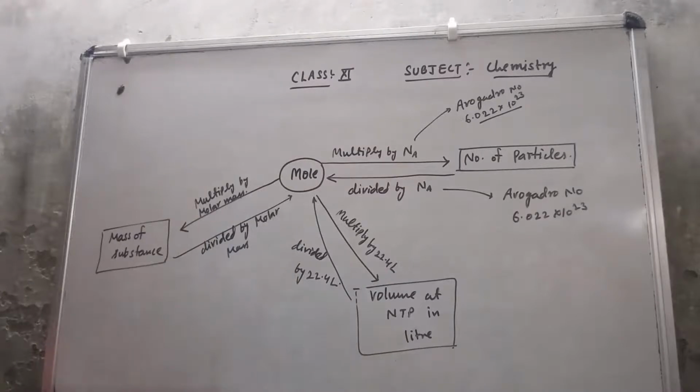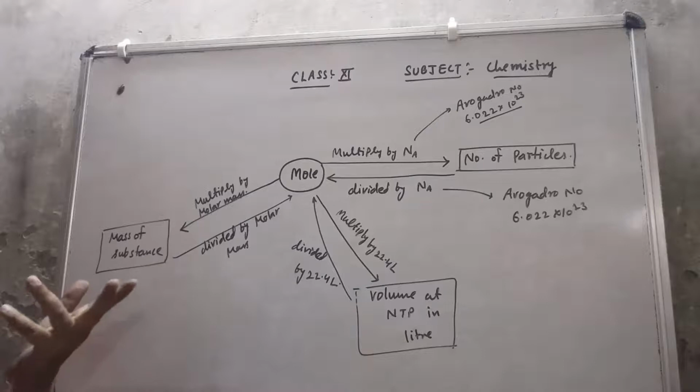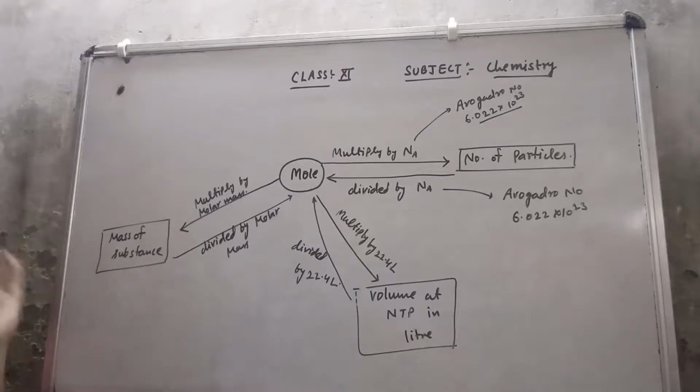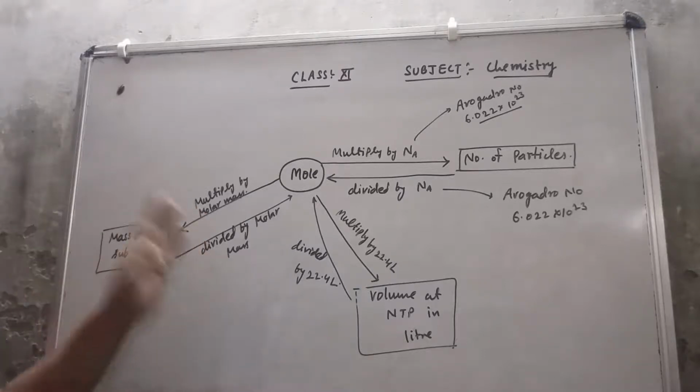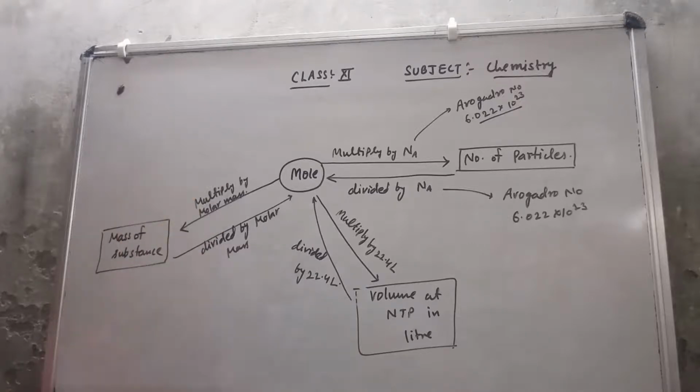So this is the one flow chart of interconversion of mole into particles, particle into mole, mole into mass, mass into mole, mole into volume, and volume into mole. So this is very important. By this we can easily get each and everything, whatever interconversion I want to do. So please note it down, it's very important, before solving the numericals. After this, I will discuss with you some numerical portion related to this small concept. So please take the screenshot.